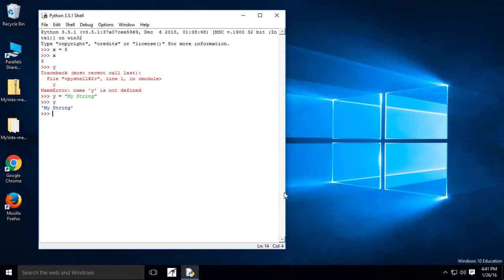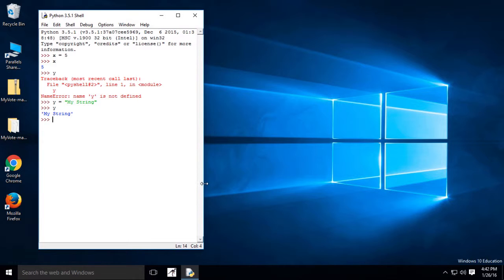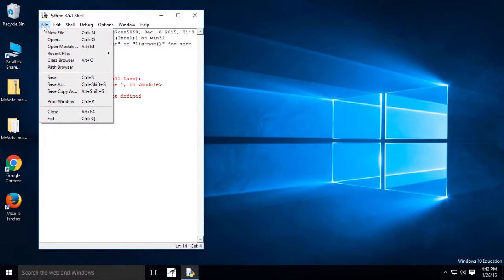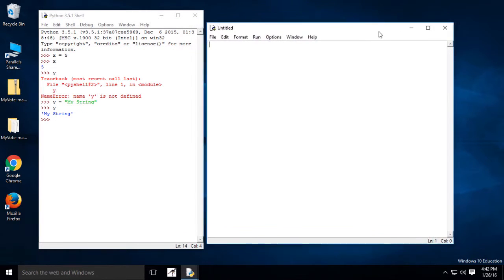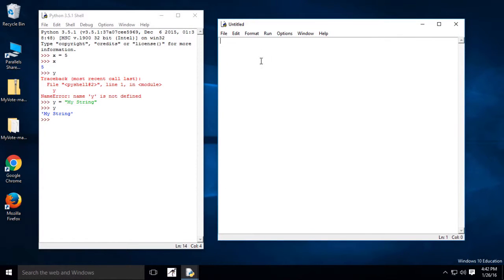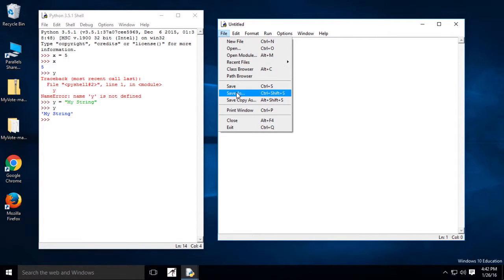What we'll do is resize that window just a little bit so I have more room. And if I come over here and say File, I can go New File. And what it did is it created a window, if you will, that will allow me to insert my code in Python, okay? And since I've gone through the trouble to create this, and right now it's untitled, I'm going to go File, and I'm going to come down here and say Save As,